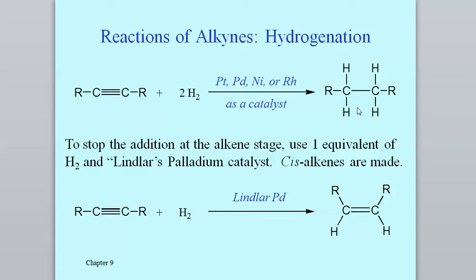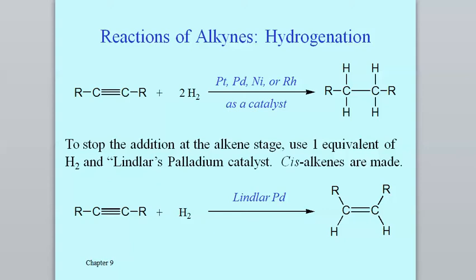So it has the 4 new hydrogens, and just as was the case with alkenes, the catalysts here involve these expensive types of metals: Pt, platinum, palladium, well, I guess nickel's not all that expensive, rhodium is Rh. These would be powdered metals exposed to the alkynes, which are oftentimes in the gas phase, and certainly the hydrogen gas is as well, but the reaction takes place on the surface of these metal catalysts